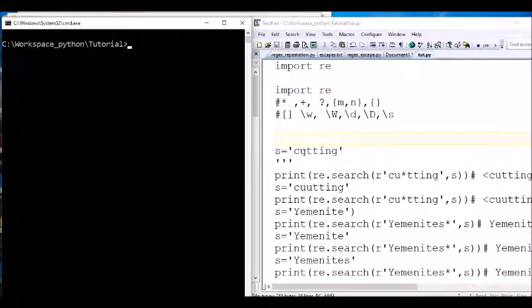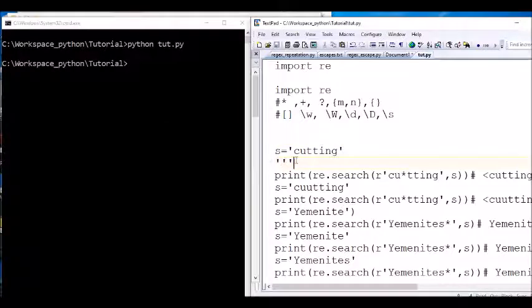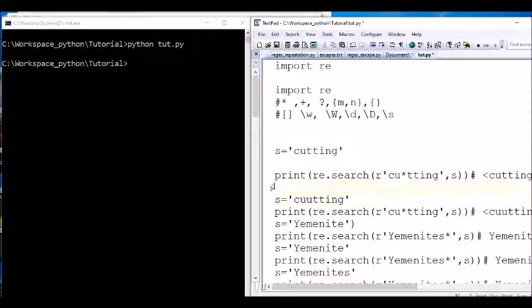So only one U. Now go to the second one, T T I N G. So this one will be displayed here. It could not repeat itself.